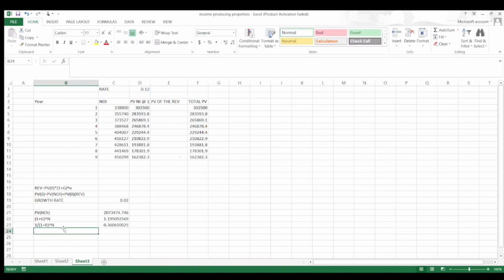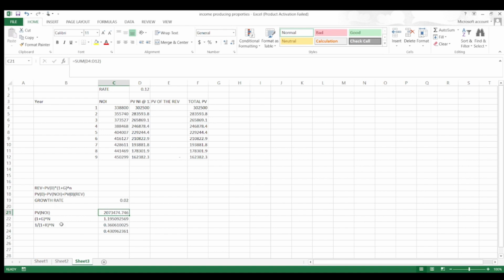Then we need to multiply this by that. So now our equation will be: the present value at time 0 is equal to 2.073 million 474